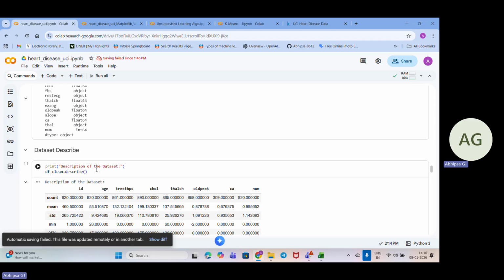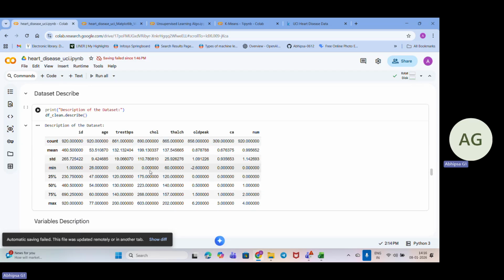Okay, so we have just printed the description of the data set, and we have used df_clean.describe. That has actually given us all of the data accordingly. What is the count? What is the mean, what is the standard deviation, what is the minimum, what is the 25% quartile, that is Q1, 50%, 75%, and max. What is count? Count is how many values are there inside the ID column, inside the age column, inside the trestbps column. So we have got around